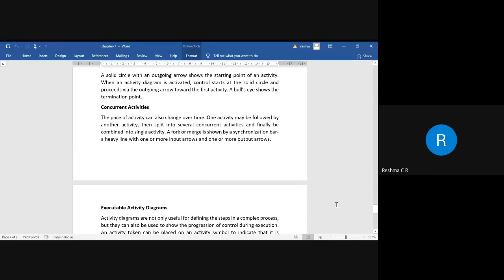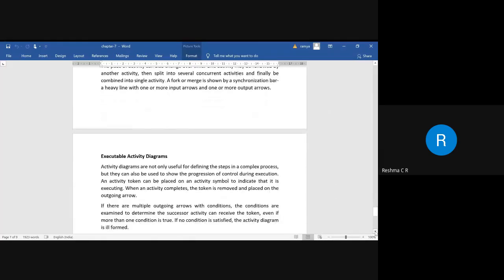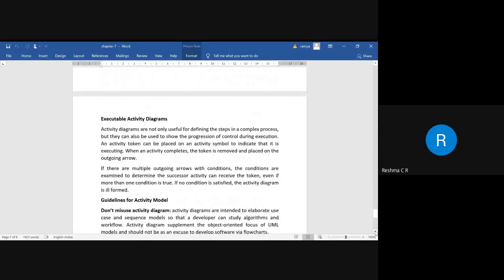And the next thing is we need to have an executable activity diagram. For having an executable activity diagram, we need to identify certain conditions. Whatever the symbols of activities are there, when the system is going to receive an activity, when a token can be raised, when the condition becomes true, when the condition becomes false, all those things have to be taken care of with respect to the activity diagram.